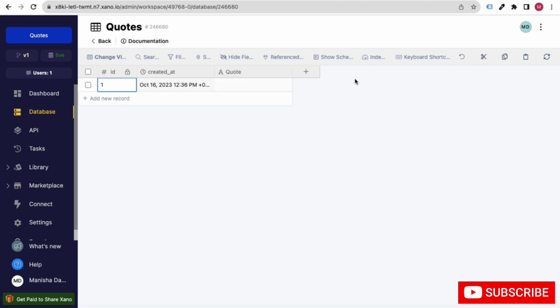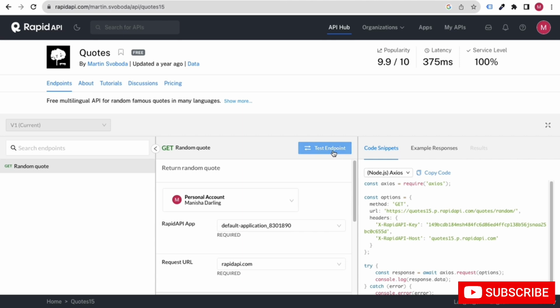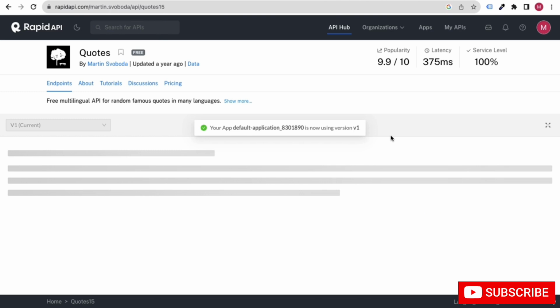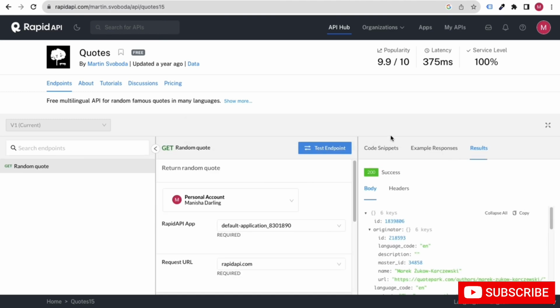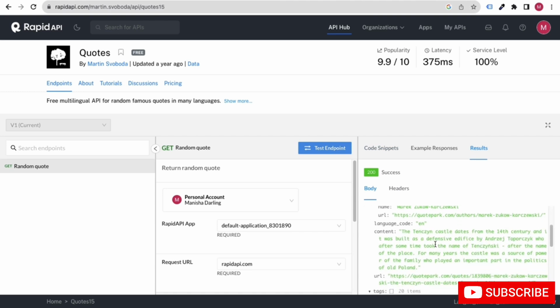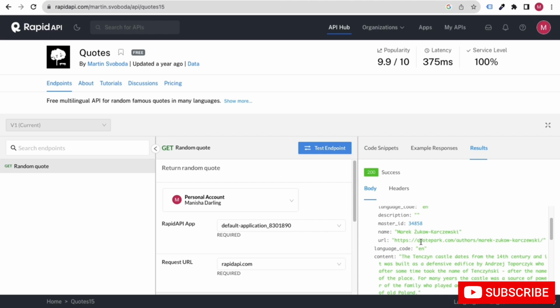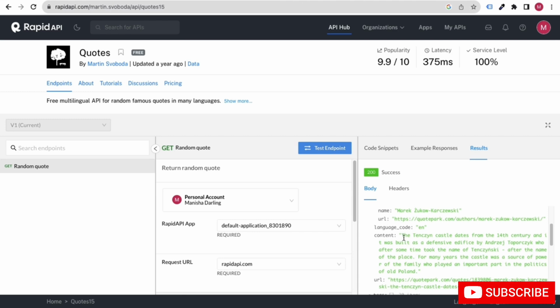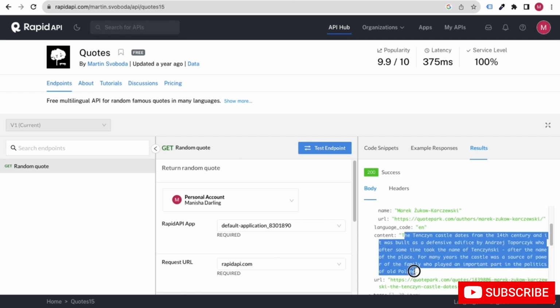Now what we can do, my friends, is go to these codes and click on these test endpoints, and let's wait. Here you can see it has generated some content. Here you can see this is one code. Wait, let me just see. Here you will see this content option, so this can be one code, let's say.